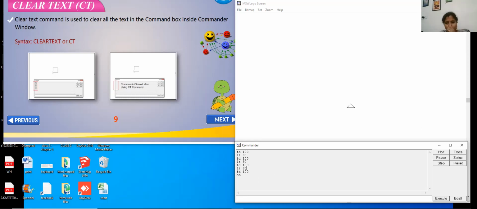Now I want to make a triangle, right? So I don't want these commands to be here. Otherwise, I might get confused about which commands I have used. If there is an error, I have to clear it, right? So I want to remove this one. How should I remove it? Clear text. So I'll use CT now. Instead of the full words clear text, I'm using just CT. See, my image also got erased. My text also got erased over here. This is the use of the clear text and clear screen commands.